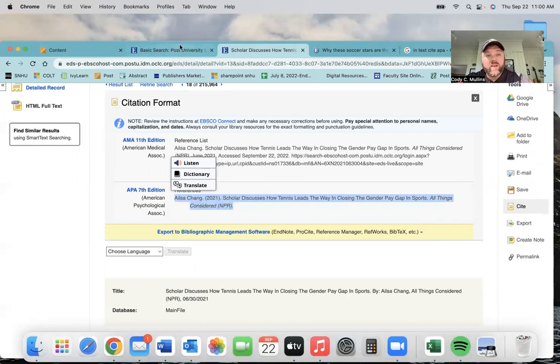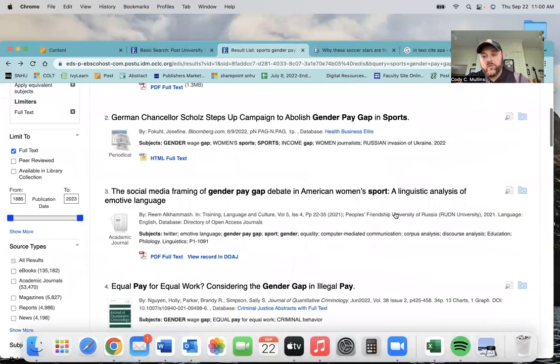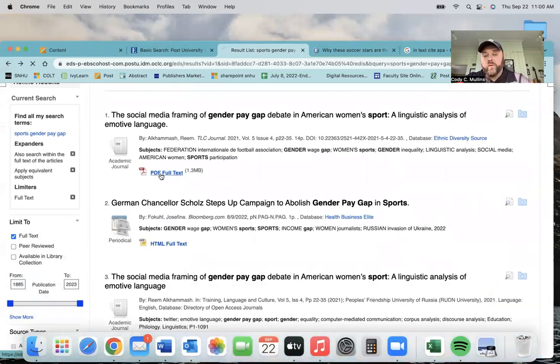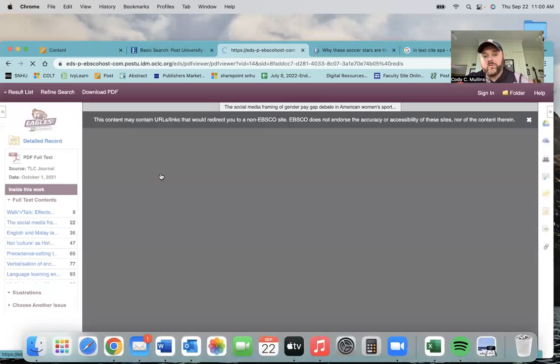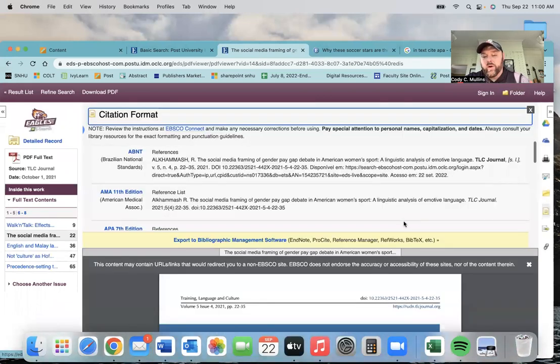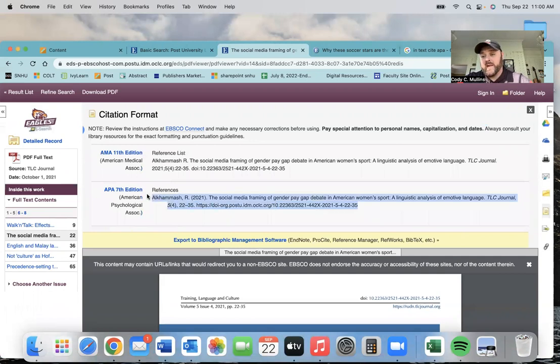Each source that you find in your search will have this option. This is the reason why we want you to use the virtual library. Do not go searching on Google. Use the virtual library. Every single one of these has this option where you click on this little paper thing over here after you use the article, and then you come down to APA, copy and paste it, and that is the source.